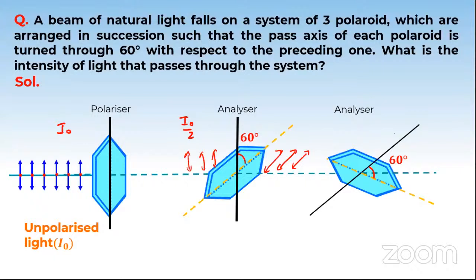So what's going to happen is, we have to use Malus law. What I'm trying to use here is a polarized light. Since I'm using a polarized light already, how to use Malus law: I is equal to I naught cos square theta. Therefore, the intensity which is incoming is I naught by 2, I naught by 2, and cos square theta.